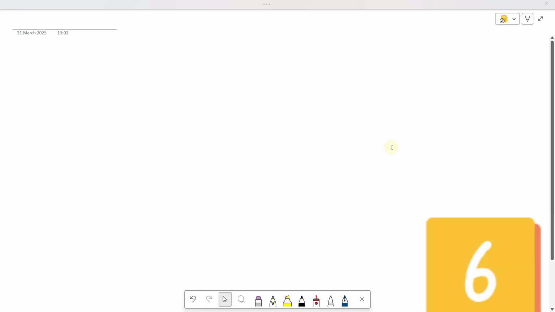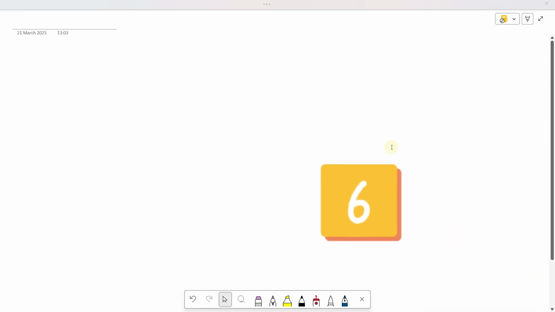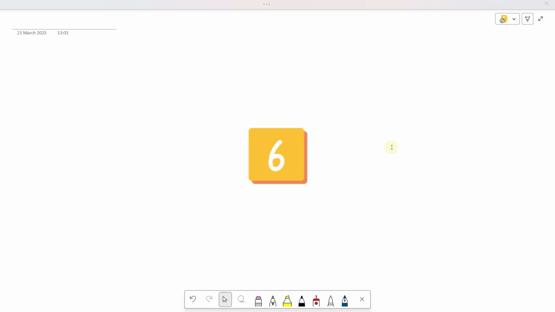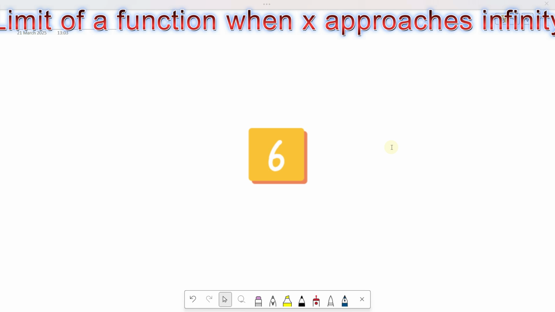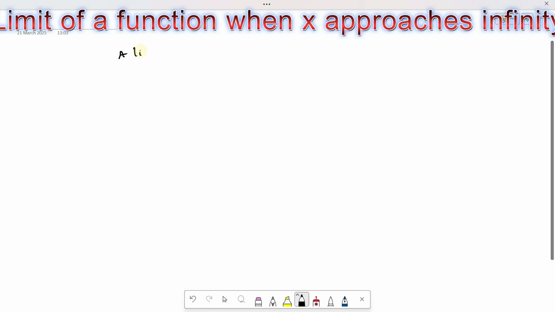Yes. Must know number 6. The sixth thing that you need to know is how to calculate the limit of a function at infinity. That is, evaluating the behavior of a function when the values of x tend to either minus infinity or plus infinity. So what you need to know first is that a line y equals b is the horizontal